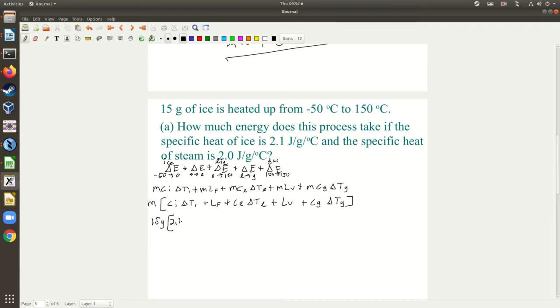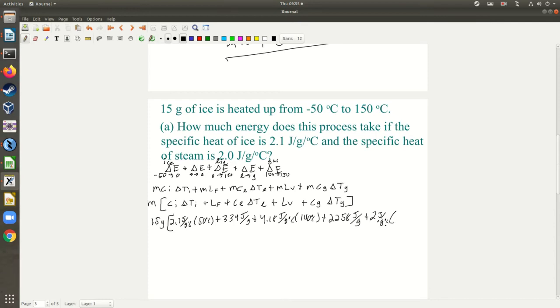So I'll take 2.1 joules per gram degrees Celsius, and I multiply that by 50, plus 334 joules per gram, which is the energy needed to change it over from a solid to a liquid, plus 4.18 joules per gram degrees Celsius times 100, plus 2258, which is the energy we need to change it to a gas. And then finally, 2 is for steam, so 2 joules per gram degrees Celsius